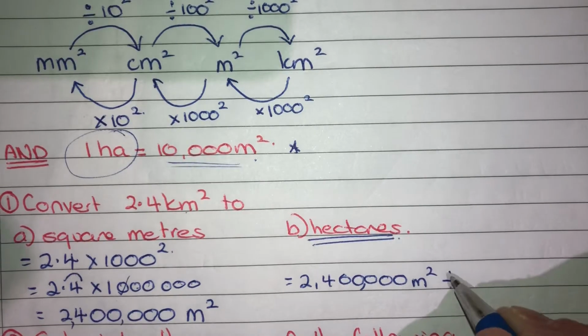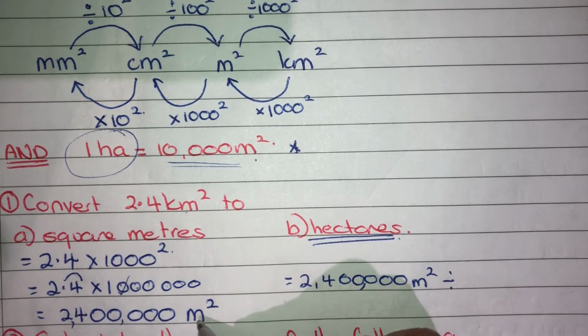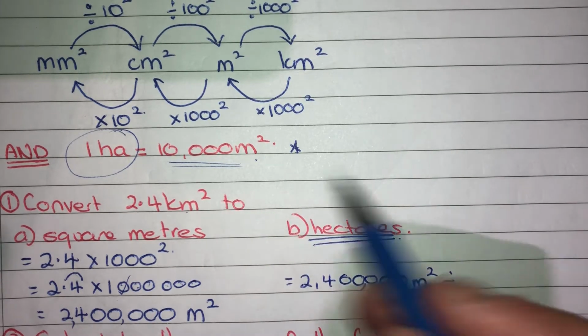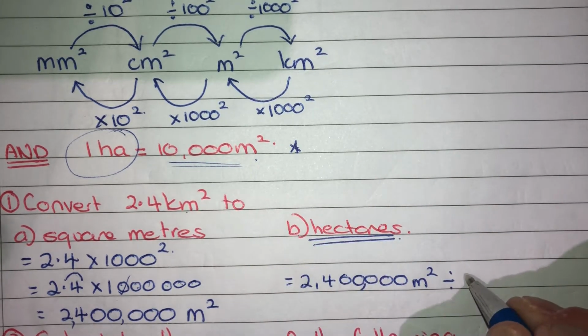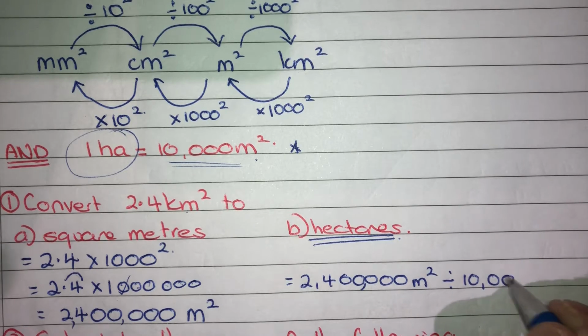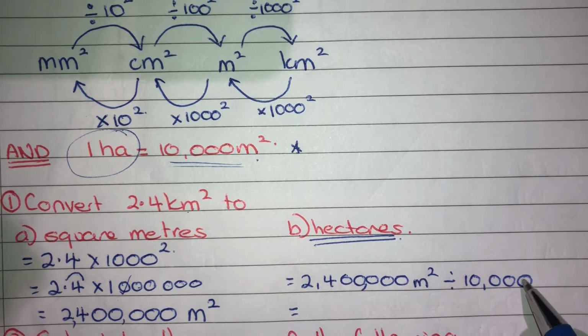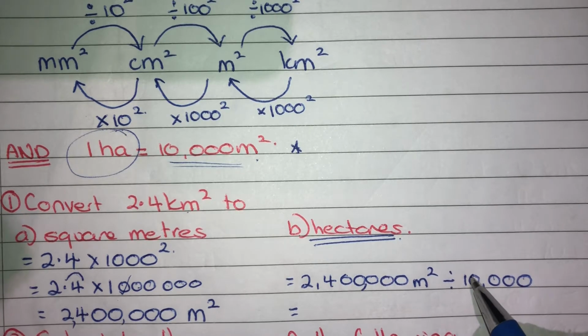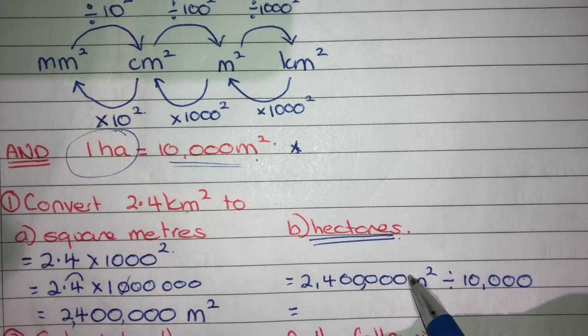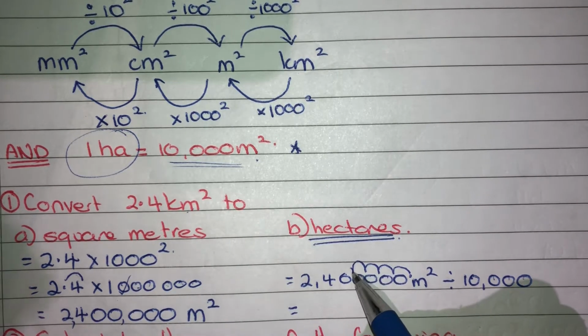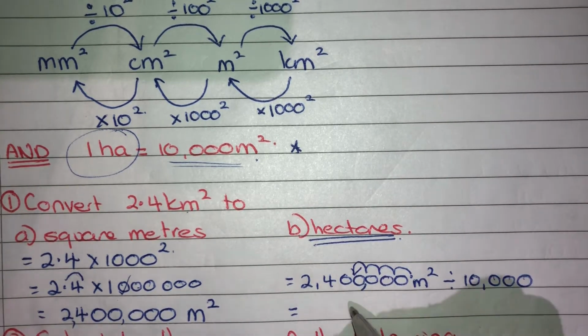So if you're a bit confused, once you've got metres squared, because that's what we use for a hectare, then you divide by 10,000 every time. So if you're dividing by 10,000, that's going back 1, 2, 3, 4 spots. So your answer is going to be